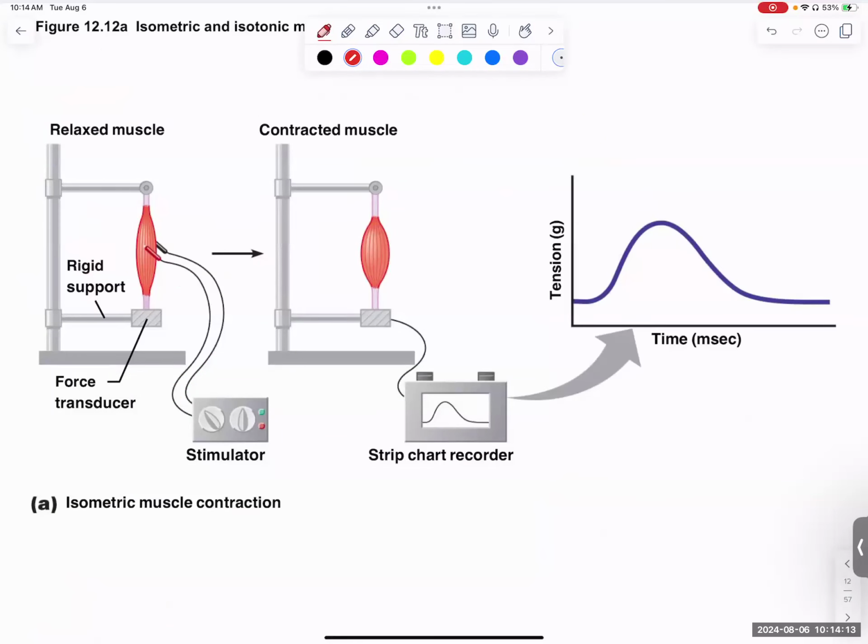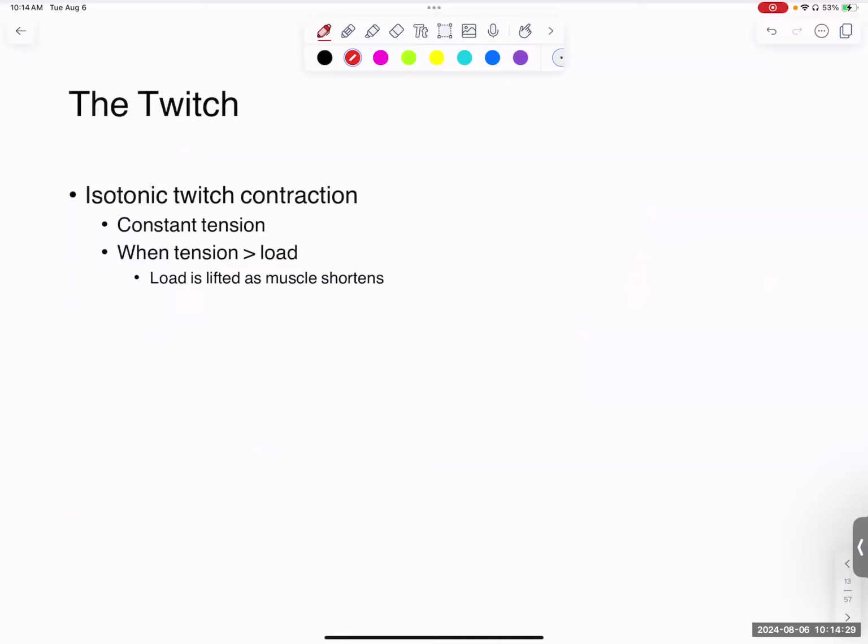And so this is kind of what this is showing you: if you have a relaxed muscle, you have electrodes set up, and then you contract the muscle, you're going to see tension and then time release, because the twitch ends and then the muscle returns to its resting length. Isotonic twitches, there's a constant tension. And when the tension is greater than the load, by the way, tension is created